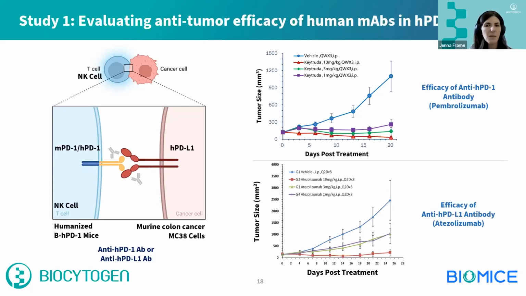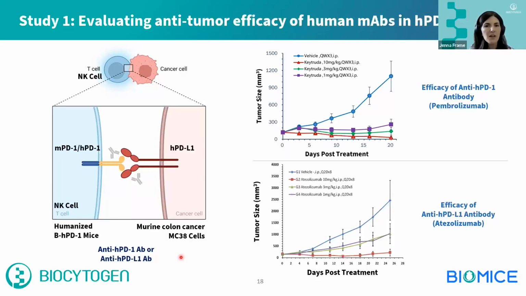We used mice engineered to express the extracellular portion of human PD-1, which is, of course, expressed on T cells in addition to NK cells. So these mice can then be engrafted with MC38 murine colon cancer cells expressing humanized PD-L1 on the cell surface. And this system allows us to test the efficacy of human antibodies that disrupt the human PD-1, PD-L1 interaction in